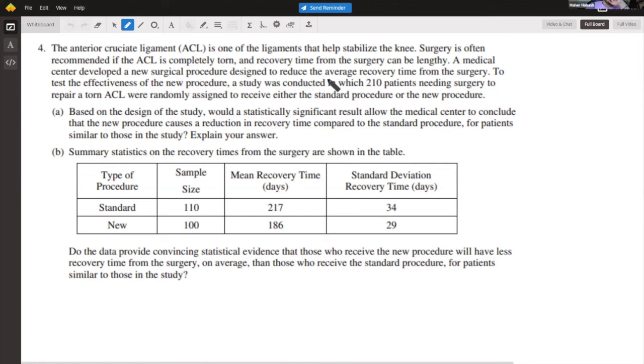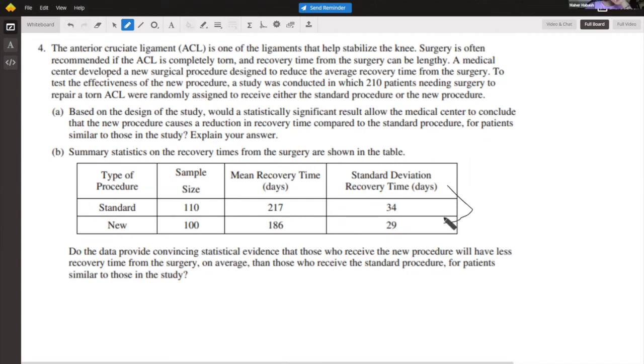Why? Because we're considering here the mean number of days, and I'm trying to remember the difference between why you would take a t-test. Because I've seen a question like this before. I could be wrong. It could be a z-test, but